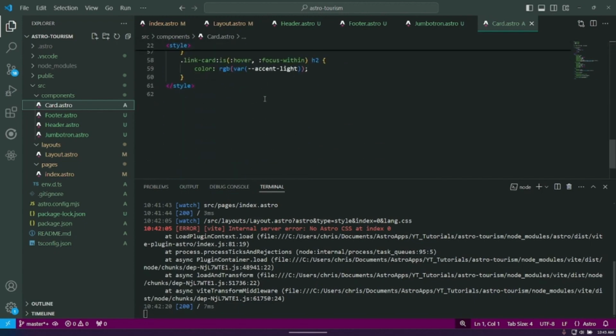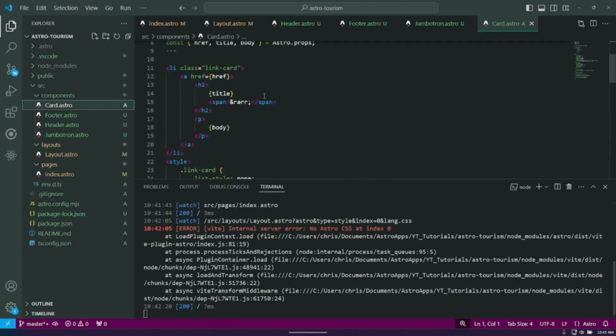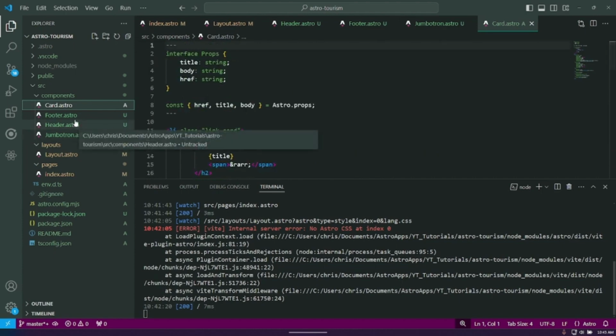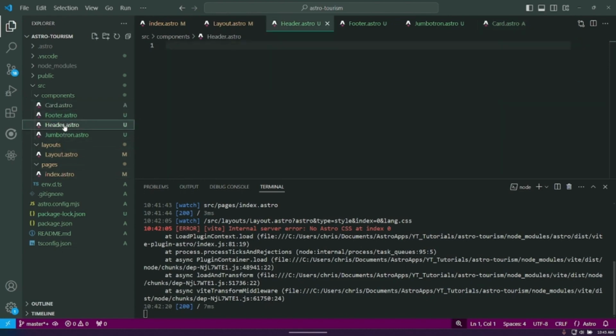And what we're going to do is probably restyle these to fit our needs. But with the header, we'll just do a simple H1, and we will go to